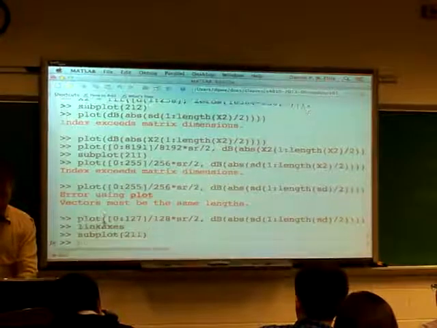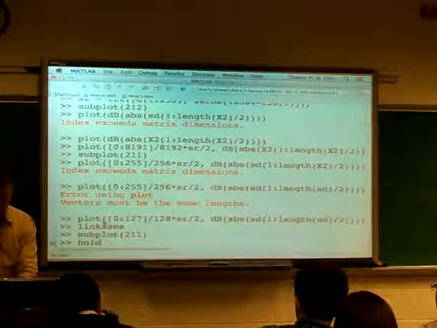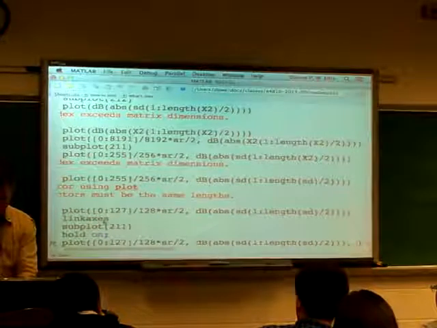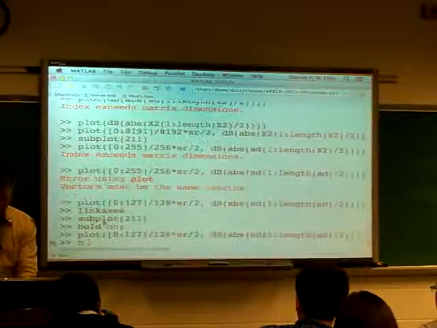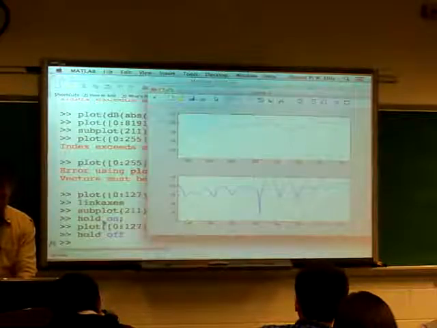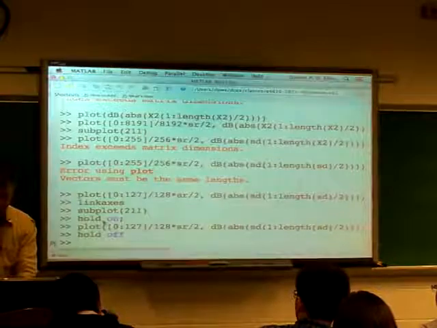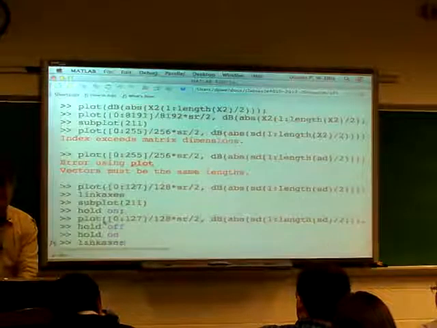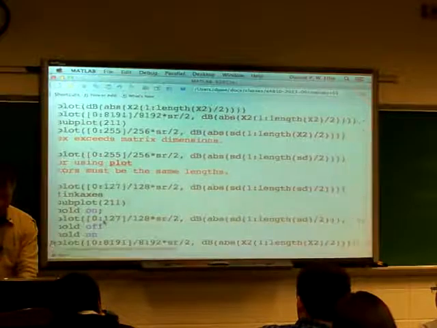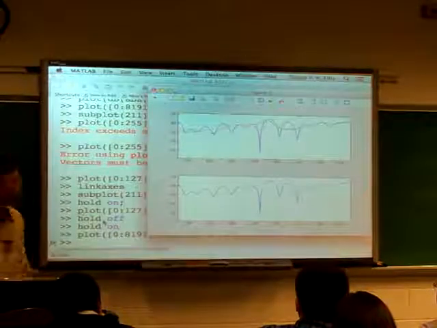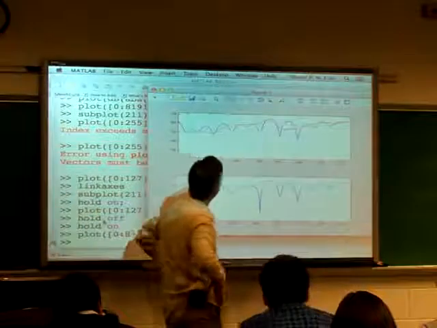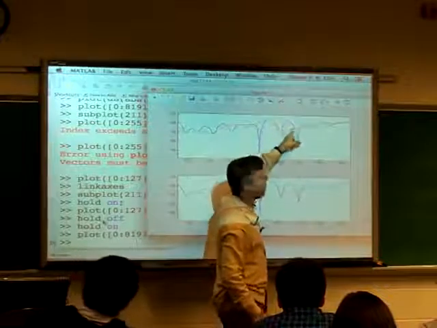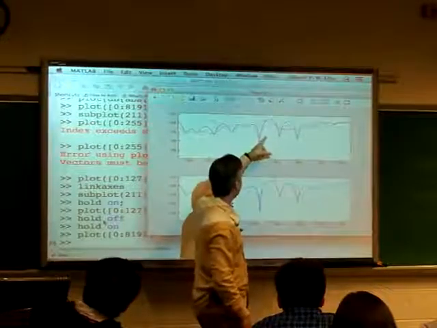Let me see if I can plot these on top of each other. Hold on. Plot that and use red, and hold off. Oh, man. Hold on and plot this one. So it should be that these red points are samples of the blue curve, because